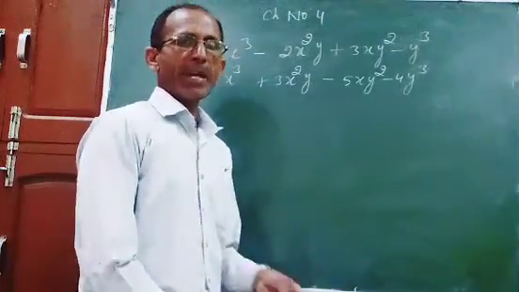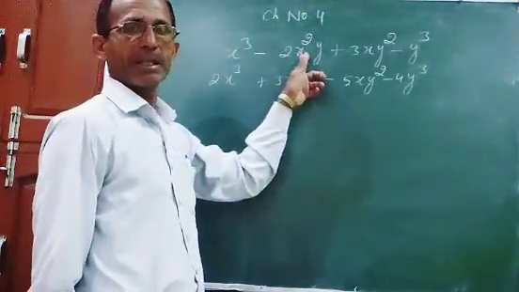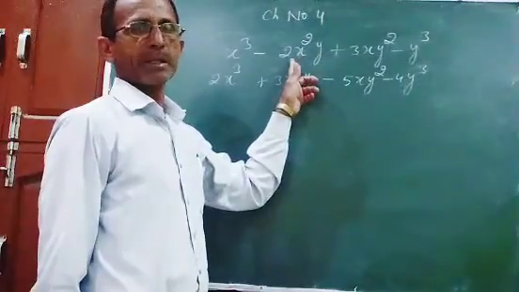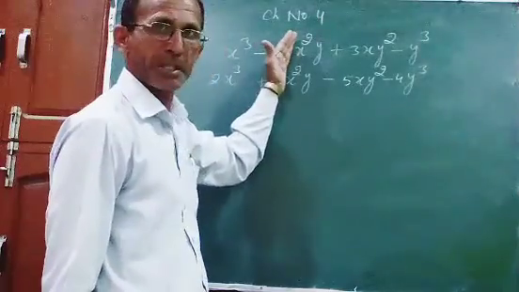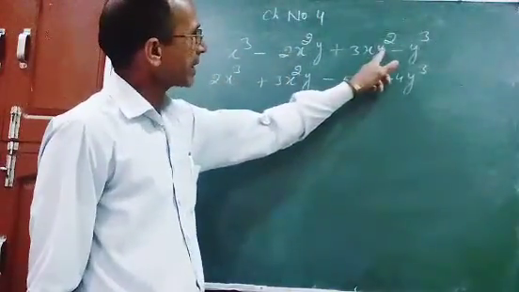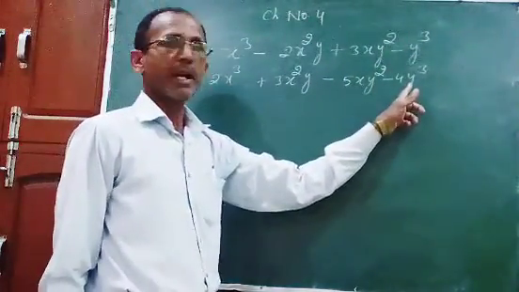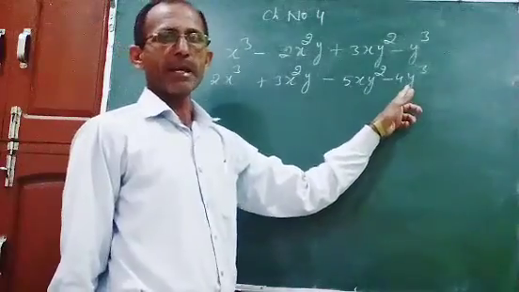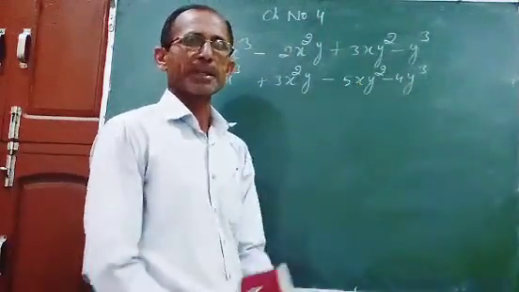So like terms we have to write together. It means the like term x square y, this also x square y. Coefficients don't matter; if coefficients are different, no problem, but the variable terms must be the same. Here x cube, here x cube. This xy square, this also xy square. So y cube, y cube. Students, you have to keep this in mind. Understood? So you have to write like terms together.